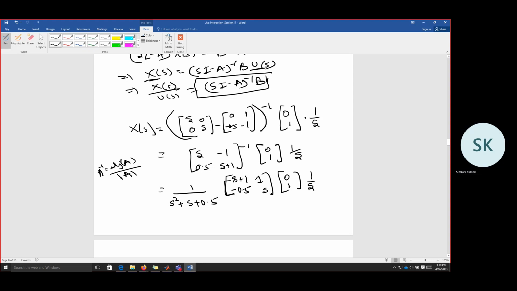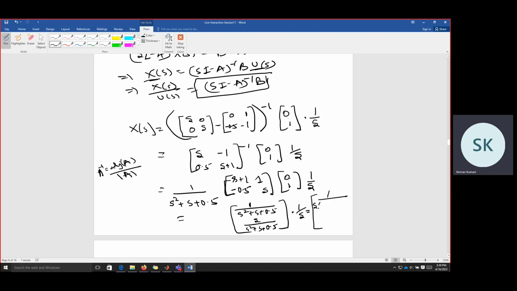So what we can say, if we multiply these two, we'll get 1 by s square plus s plus 0.5, and this is s by s square plus s plus 0.5, multiplied by 1 by s. So this would be 1 by s square plus s plus 0.5 and 1 by s square plus s plus 0.5. So this is the transfer function matrix. And now